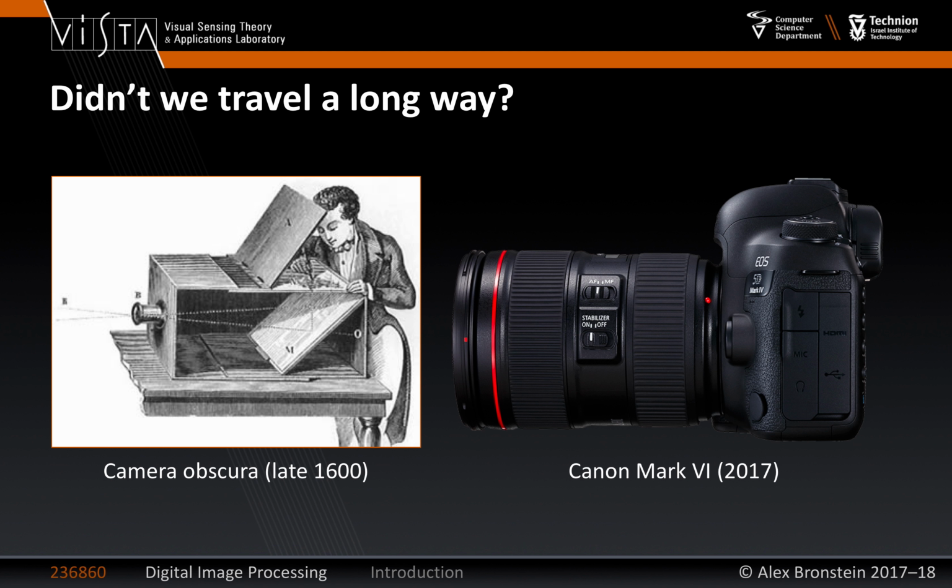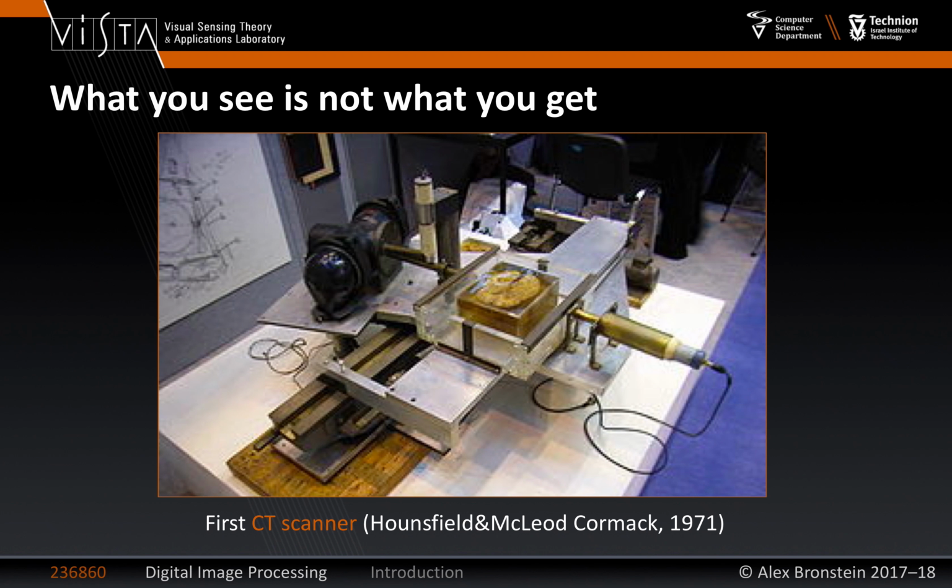Can we do better? Can we actually leverage our compute power, our knowledge of digital signal processing to build new camera concepts, completely different? Okay, and so basically, I think a great example of what can be done using signal processing is this example. So what you see here is the first CT scanner, one of the few examples where engineers were awarded a Nobel Prize in something, in this case in medicine. So this was the first prototype of CT. I will show you in the next 2 hours, I guess, at least fundamentally how it works.